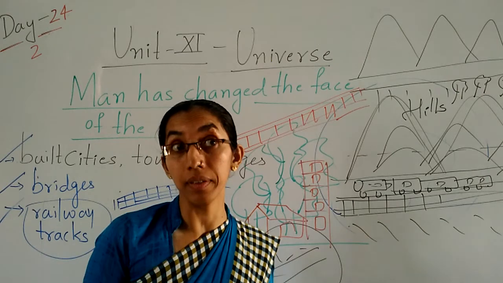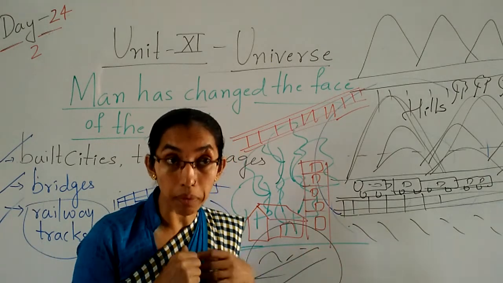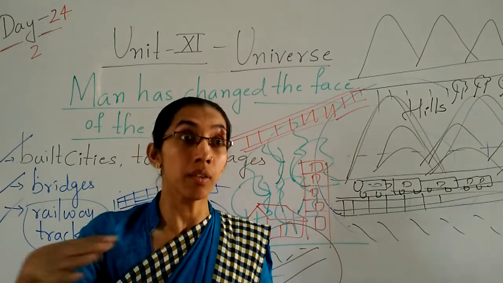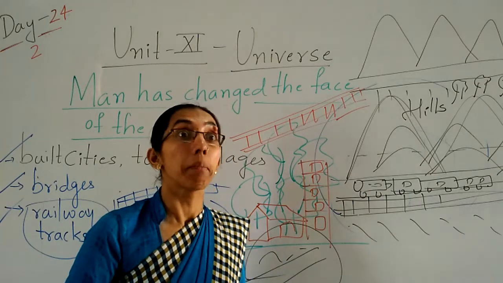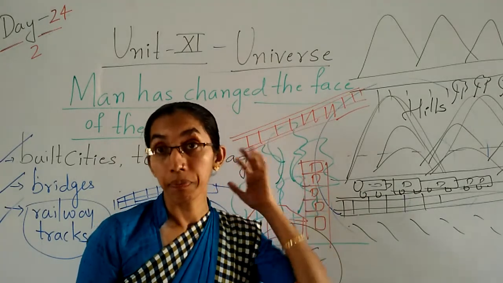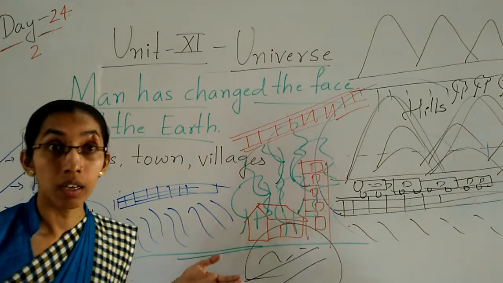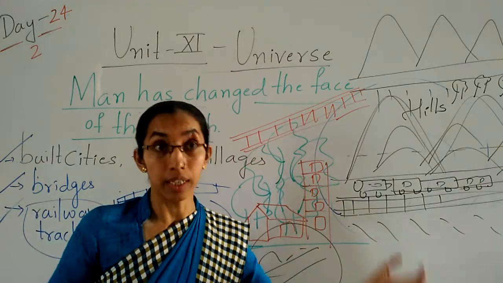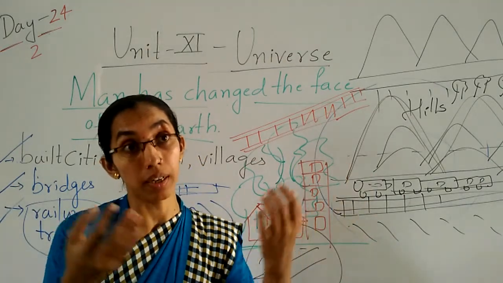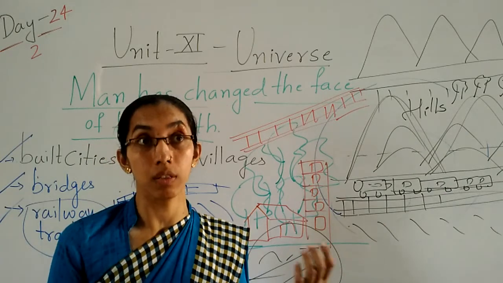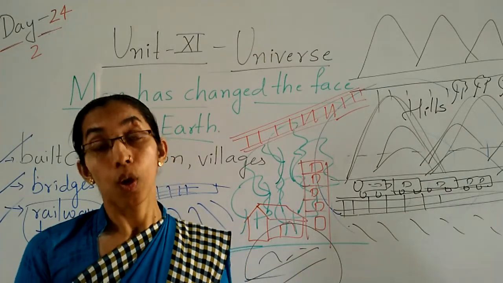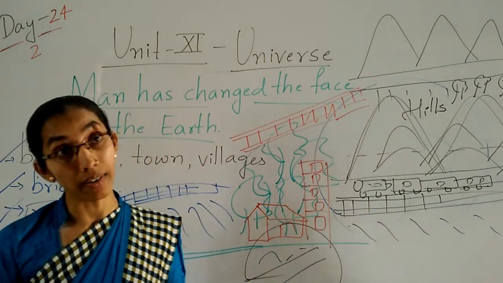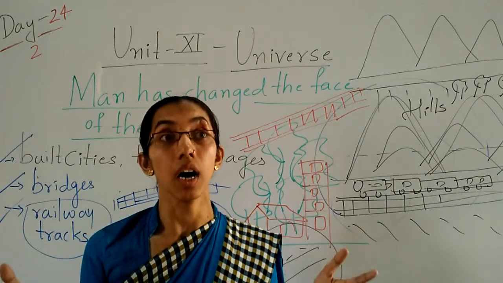So nowadays we can see there are no trees, because what we did, everything we destroyed. We cut down the numbers of trees. Again we are constructing, we are building big bungalows, buildings. Why? We want more money, we want more comfort. So again we are cutting the trees and constructing numbers of houses, buildings, bungalows, roads, railway tracks. So for that sake what are we doing? We are destroying the earth only.